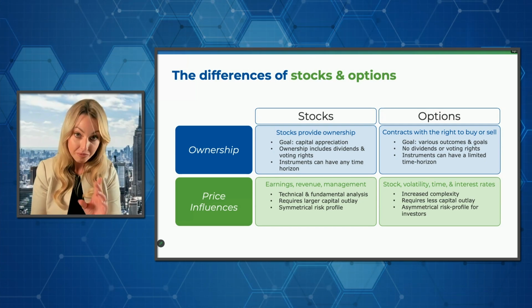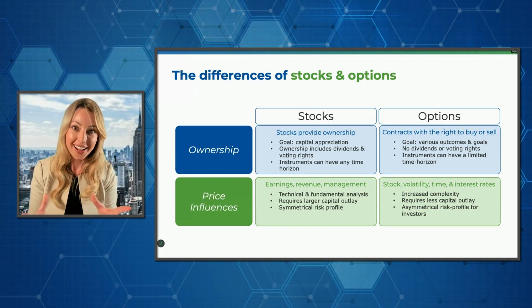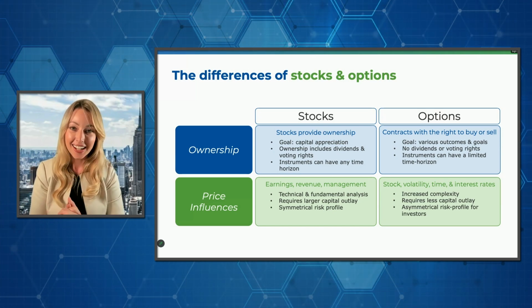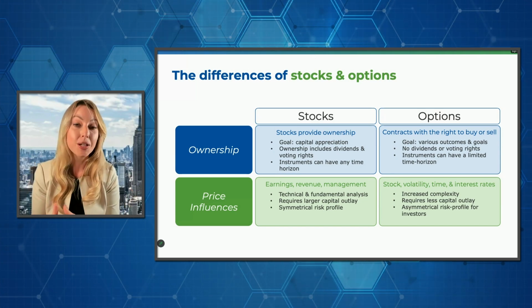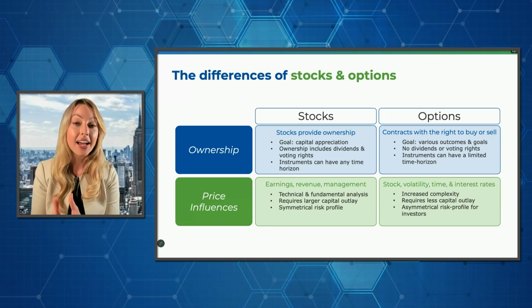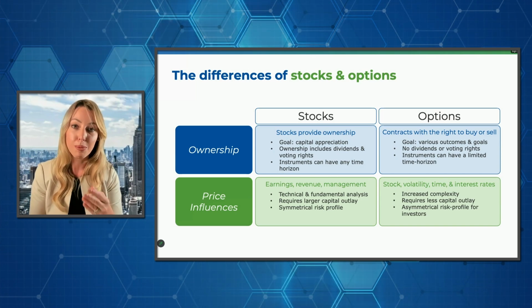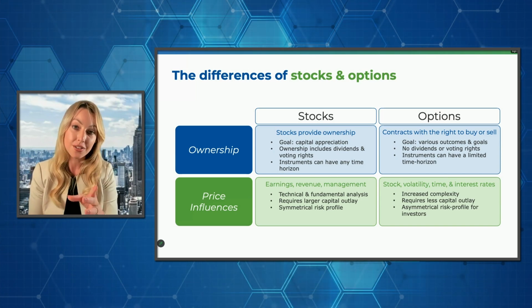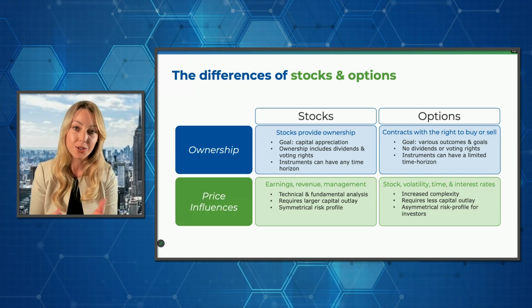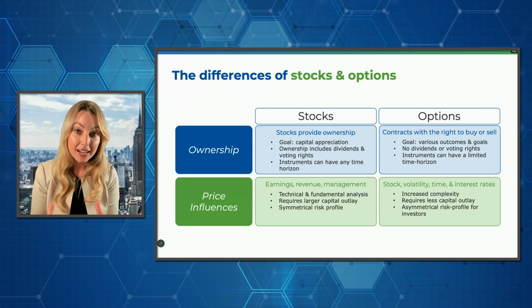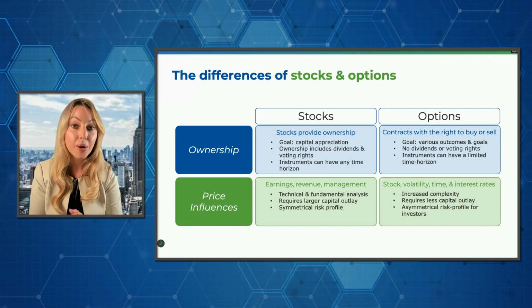We're prepared for that. However, we add a layer of complexity, and maybe it's building on that analogy, a roller coaster that has a little more special effects or something like that when we add options, because we're adding an expiration date and also other pricing mechanisms. The influence of an options price or the premium is derived from the underlying security, but there are also two other components that are associated with that as well. Meaning an option is issued as a call or a put. Today, I'm going to talk about puts.